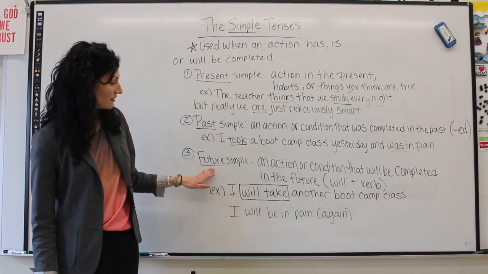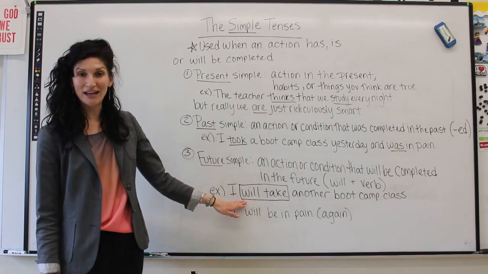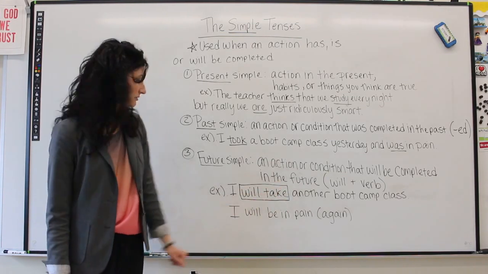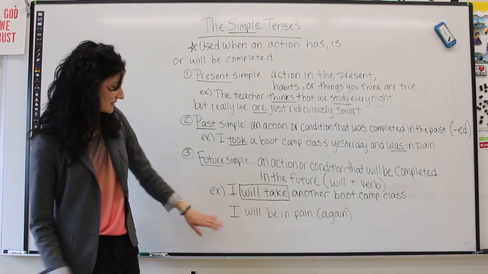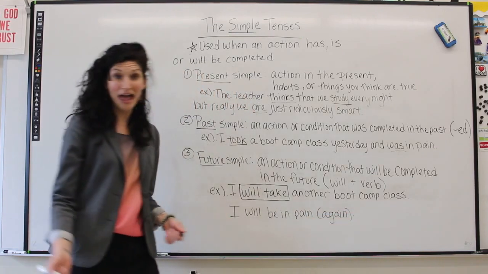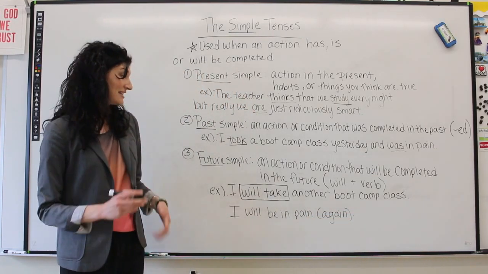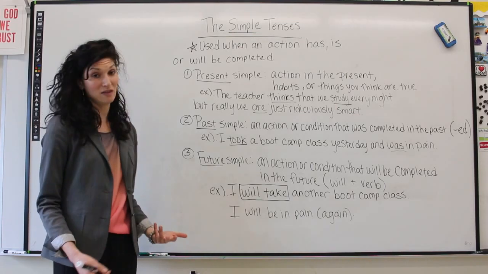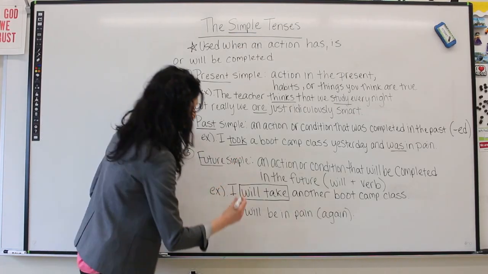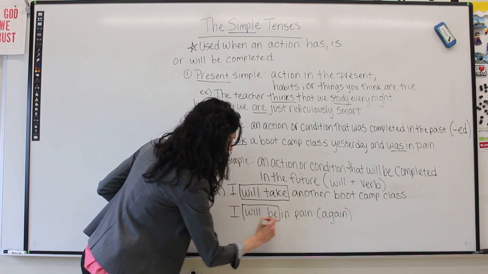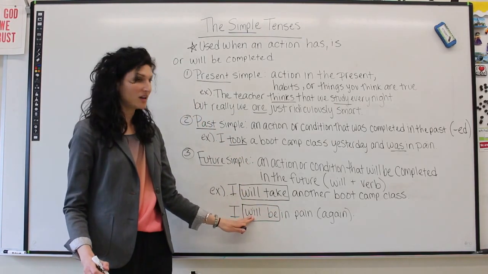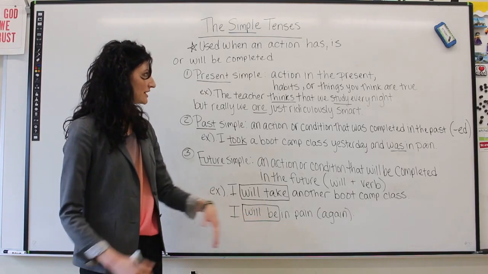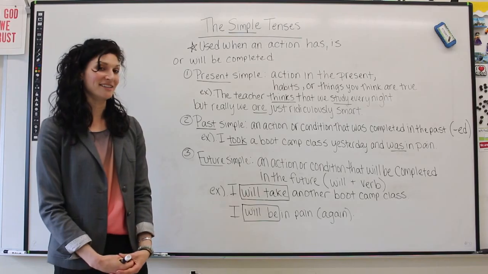We can identify the future simple by looking at the word will and seeing that we have another verb that follows it. Okay. The next sentence, I will be in pain again, indicates a condition that will happen and be completed in the future. Again, you can identify the future simple tense by finding the word will and then the verb in its regular form that follows it. That ends the module on the